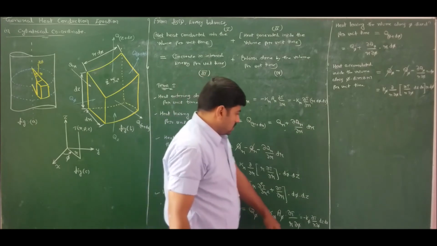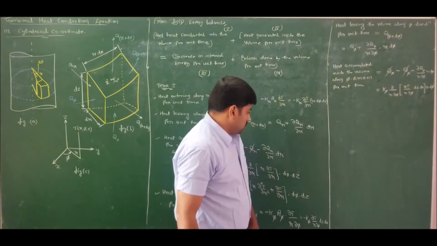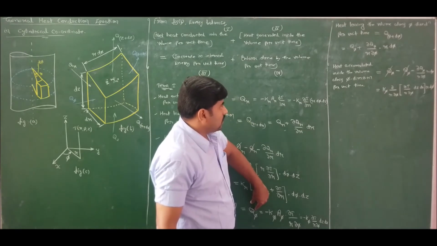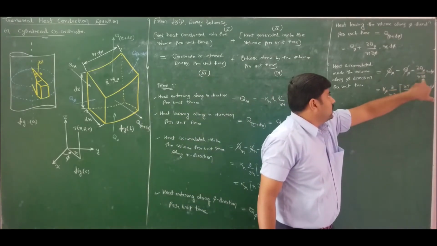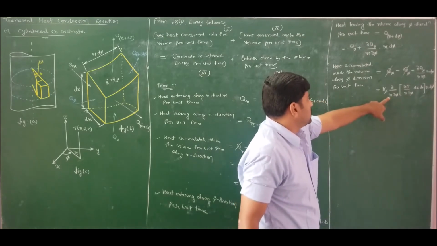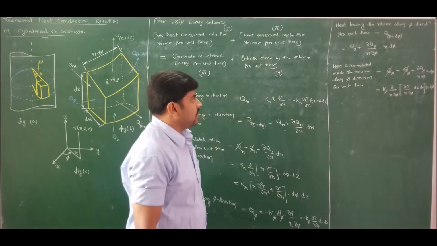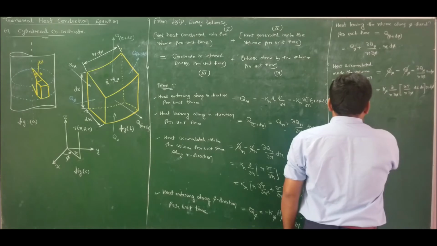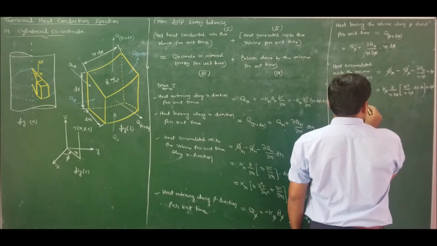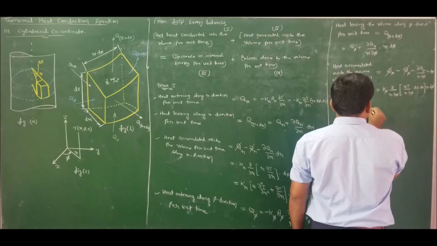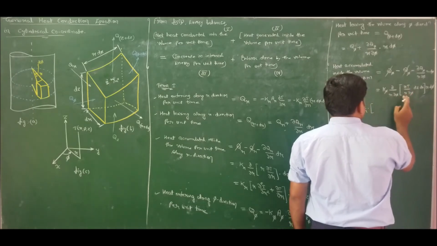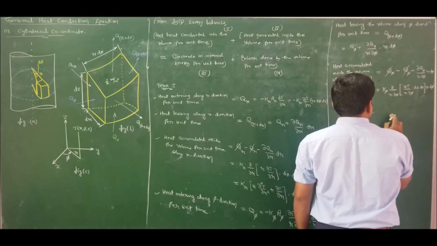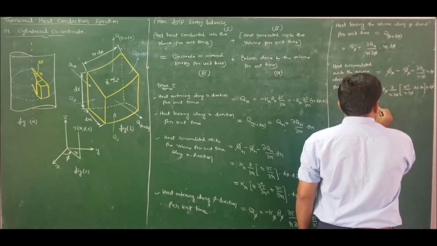Just I substituted the value of q phi here, and we are differentiating with respect to r d phi. I have taken minus k phi outside. So now if I solve this one, I will get k phi into 1 by r into, we have first function is 1 by r, second function is dou t by dou phi. So therefore differentiation of that is first function into differentiation of second, which is dou square t by